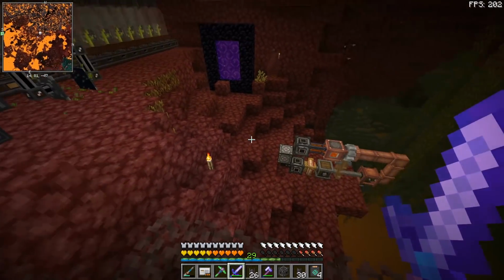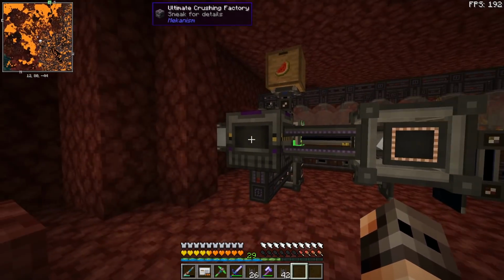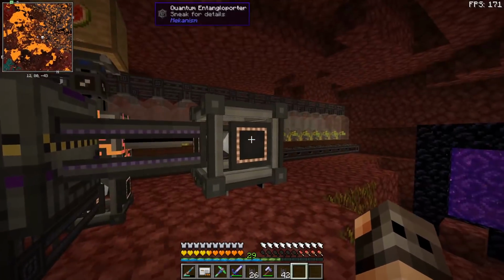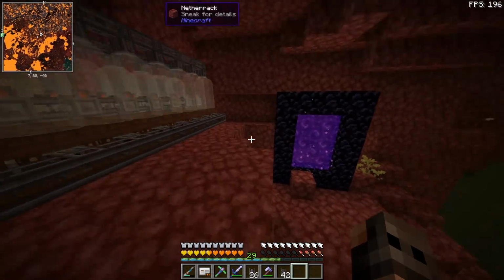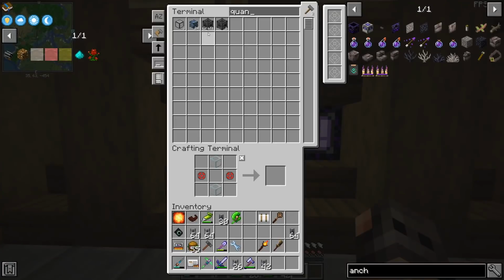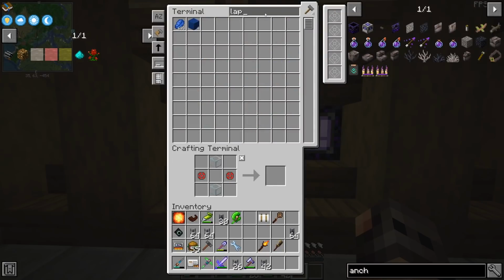not work across dimensions. And why is that important? Well, it is important because now we need to transfer those biofuel into the overworld using a quantum entangloporter. I also applied all the upgrades, so we are done in the nether. We can go home. Just for symmetry purposes, I need 3 more quantum entangloporter, and we are not doing very